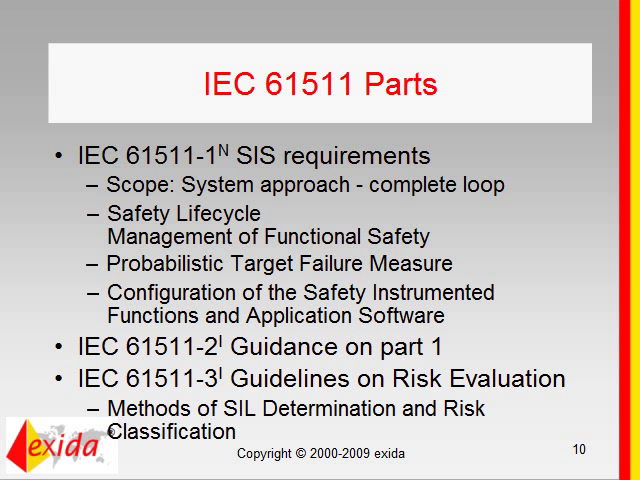Then part 2 is informative. Part 3 is informative. Part 2 gives you guidance on how to be compliant with part 1, and part 3 gives guidelines on risk evaluation. Basically, a number of different methods to determine your target safety integrity level and the risk reduction, basically, that you